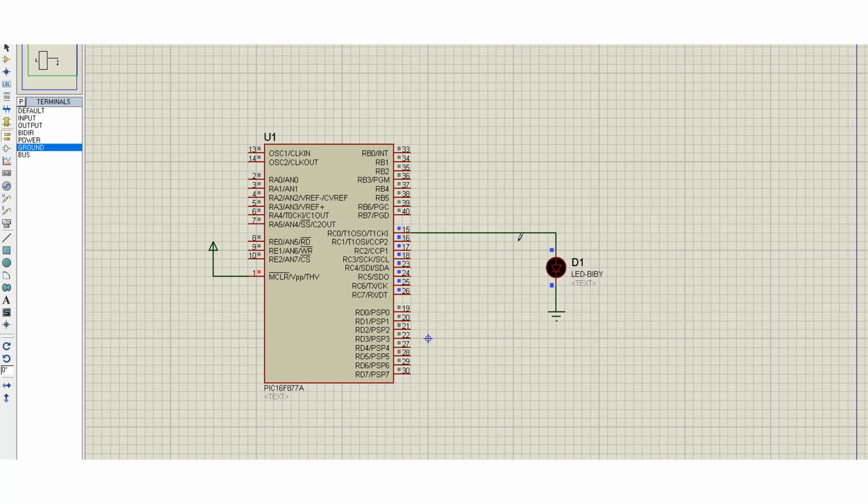The main purpose of this video is to show you how to create a delay using the timers. In C language programs we generally use the timer for delays, because for loops are not so efficient for delays in C language. So the timer plays the role for the delays.